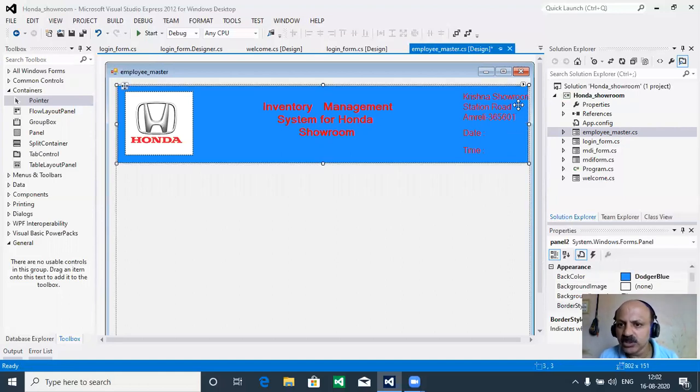So now showroom is display and is some truncate. So now the header is set. Now we can take another panel and here set the position and then the width. Select, and then control and